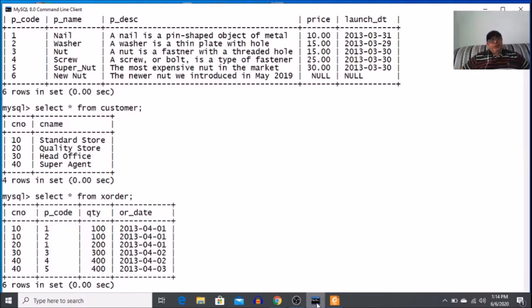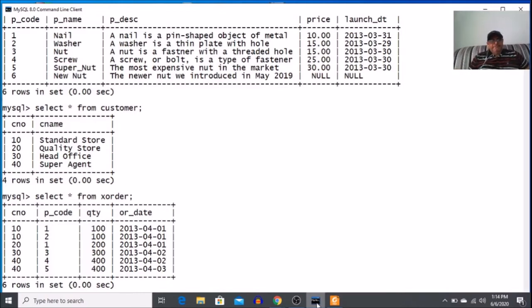Similarly, P code is common among product and X order. So always remember, to operate with join operations, we must have certain columns common in the tables. Only then will we be able to fetch the information of the corresponding columns from the different tables.